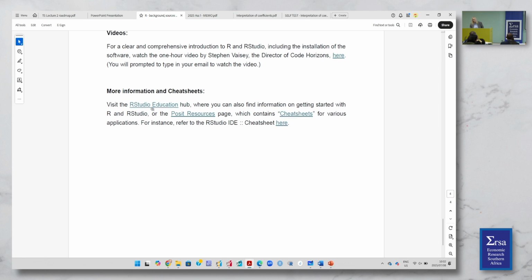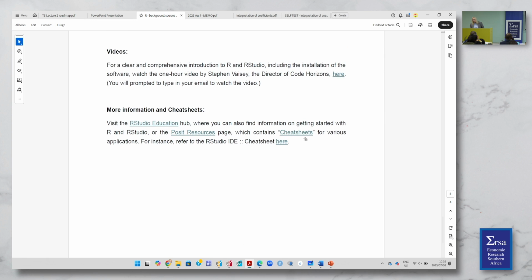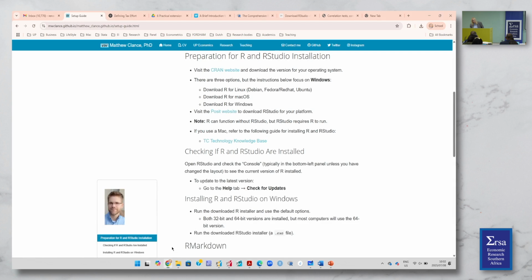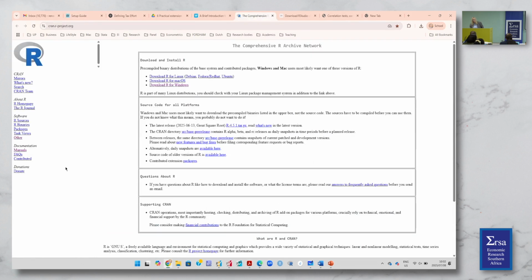And then RStudio has an associated education page, which is also worthwhile. They have nice cheat sheets there. And obviously, I think RStudio are the cool guys. If you look at the R website,